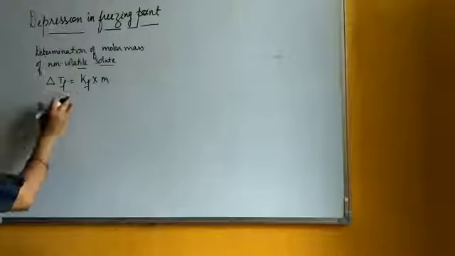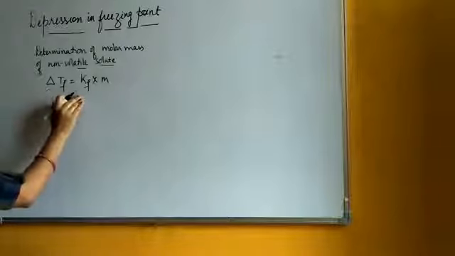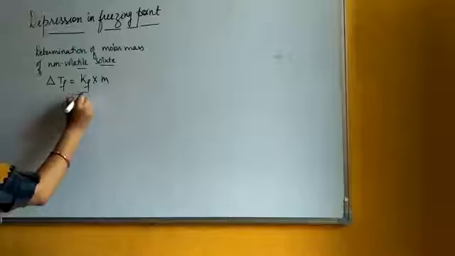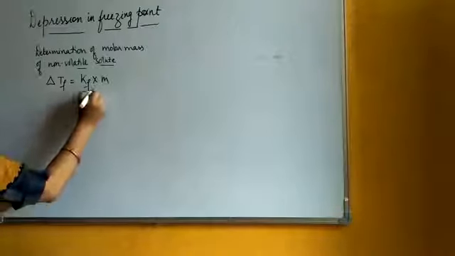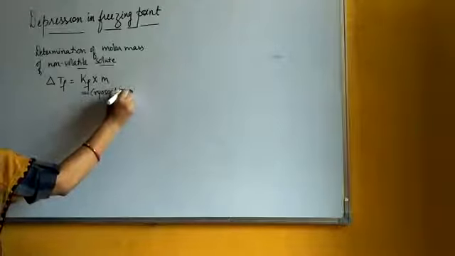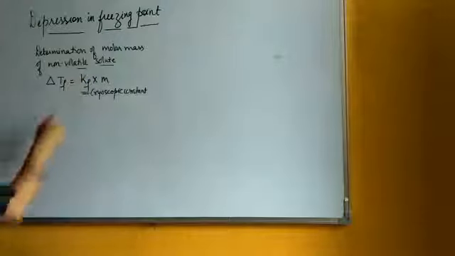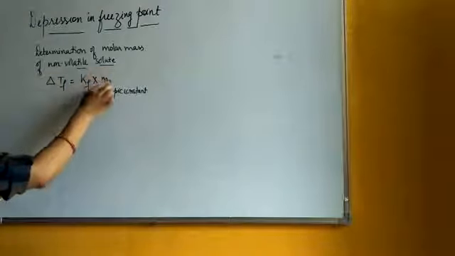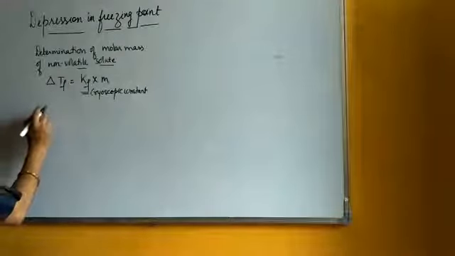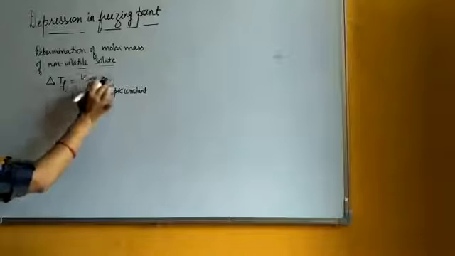So we can't just get it from this delta Tf. Kf, students, is known as the cryoscopic constant. So we can't get the molar mass term, that is Mb term, from this side. We can get it from this n, that is molarity. So for this, we are going to simplify and get this resolved.